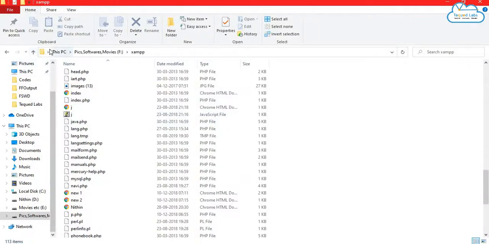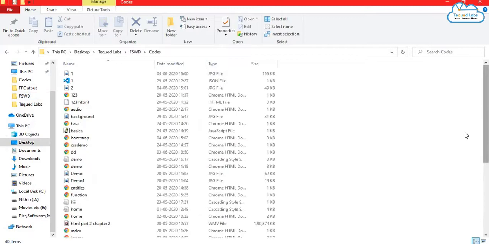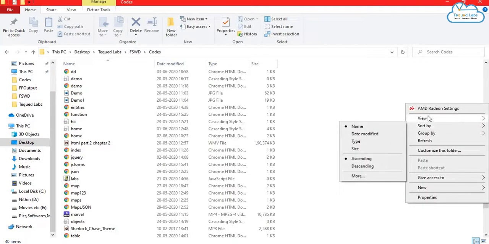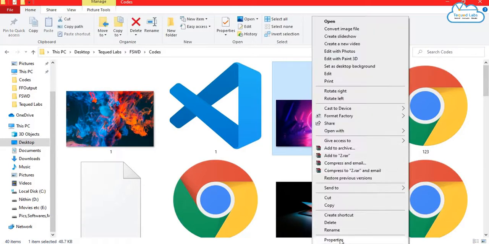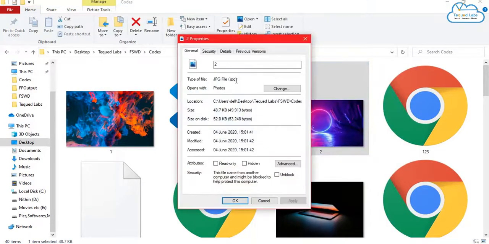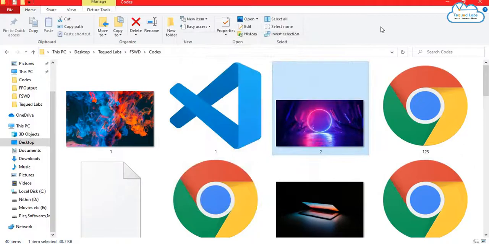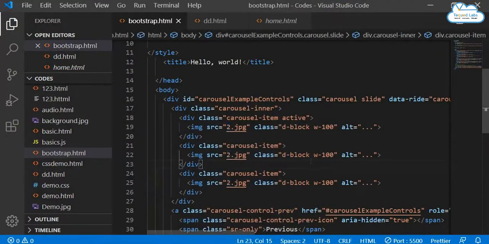So if I go back here, let me go back to the code. Now let me just view the extra large. This is the image which I'm going to use, that is 2.jpg. We have to check that .jpg is there or not. So this is .jpg, and I'm going to use this. Now if I go and see the output,